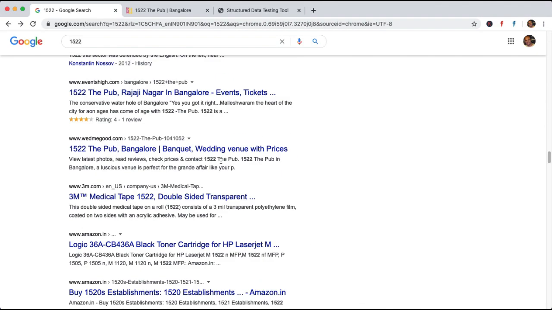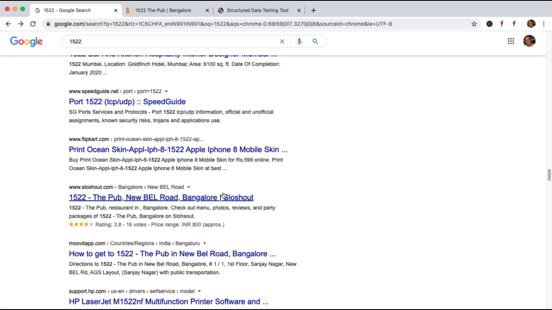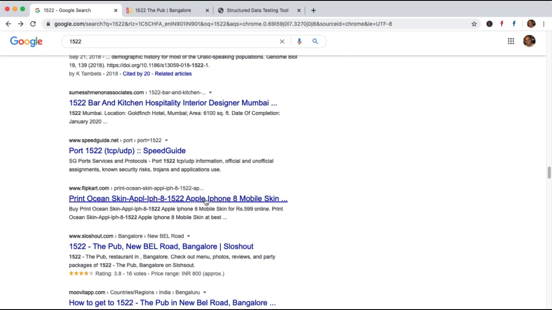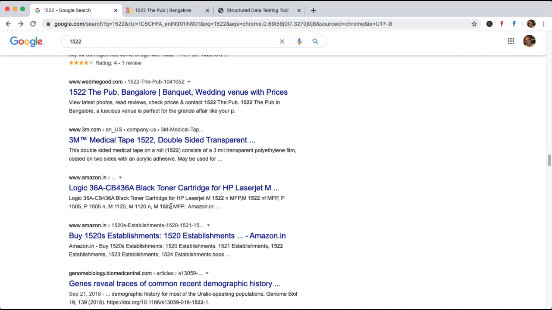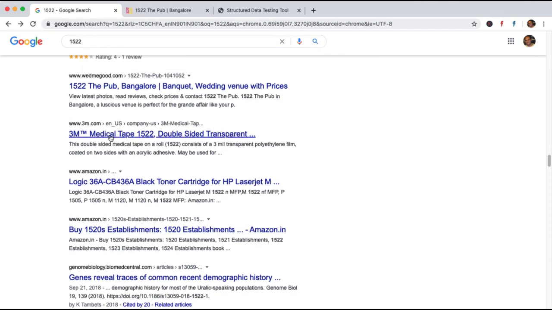So if you look at most of the websites, for example, I will tell you, we will go to this. Yeah, here, 3M. So 3M could have used a schema markup and marked it up as a product, right? So when some user comes here, they will understand that it's a medical tape.